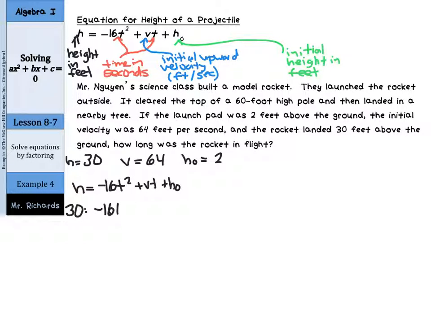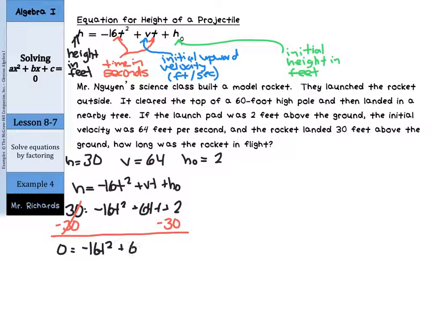We don't know our time. We know our velocity initially was 64 times the time, plus the initial height of 2. Now we want to get this to be a zero product property type question. So I'm going to subtract 30 from both sides so I can get an equals 0. What we're left with is 0 equals negative 16t squared plus 64t